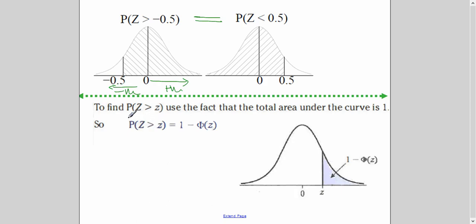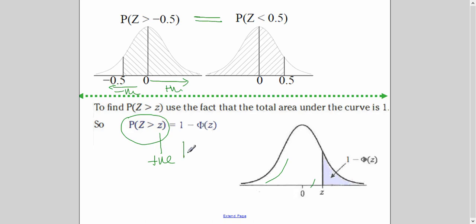Now, second situation: if you have to find the probability of the right-hand side and your z is positive, like I said, you cannot read the probability of the right-hand side from the table of z values. When you read it from the table, you will get this probability. And 100% probability is 1. We know that. So I will do 1 minus the probability of this value of z,